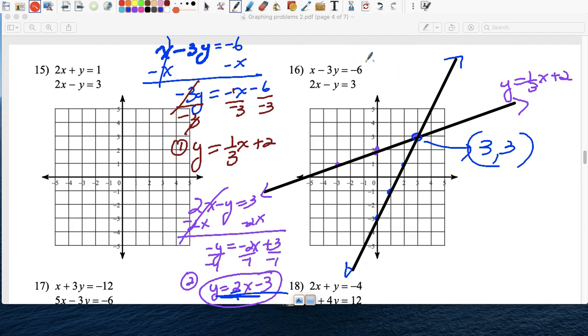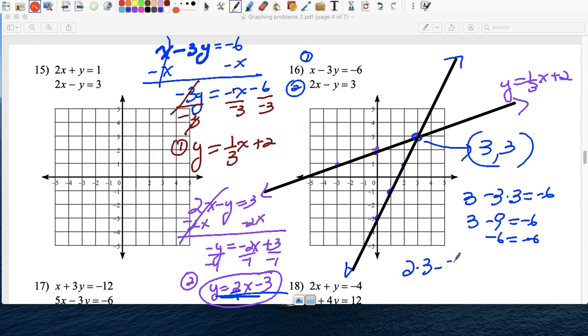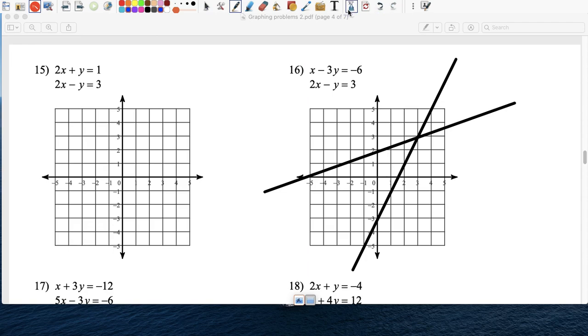Let me substitute this. Here's equation 1, and here's equation 2. So they're both 3. So for x, I put 3, and for y, I put 3. So the first one we get 3 minus 3 times 3 equals negative 6. Let's see if that's true. 3 minus 9 equals negative 6, and it's indeed true. The second equation, 2x minus y equals 3. So it's 2 times 3 minus 3 equals 3. So I replace the x and the y with 3. So I get 6 minus 3 equals 3, and we know that's also true. Much easier, better than